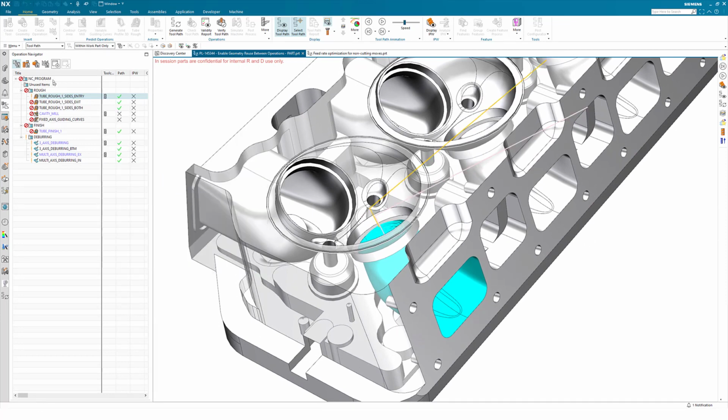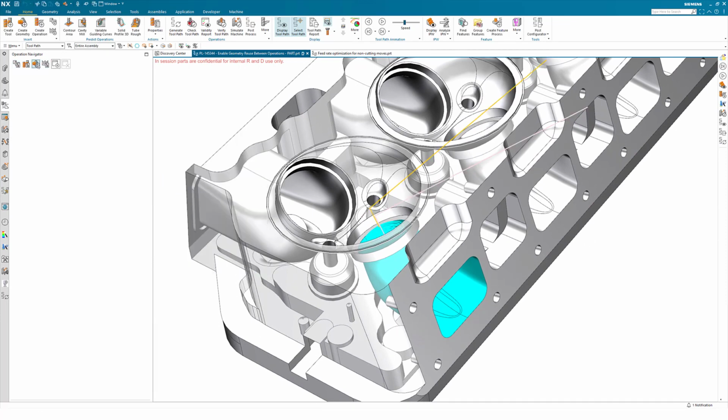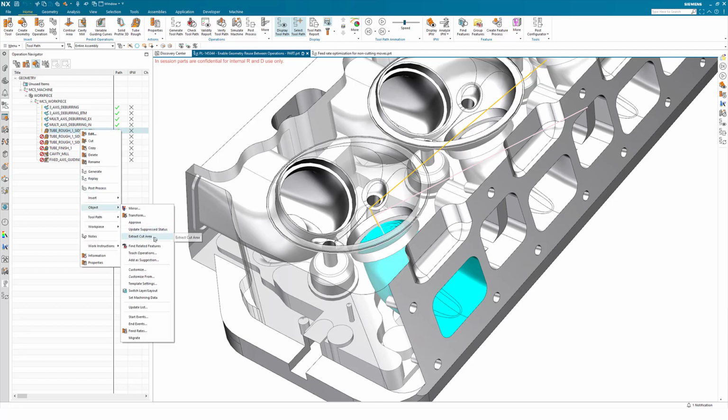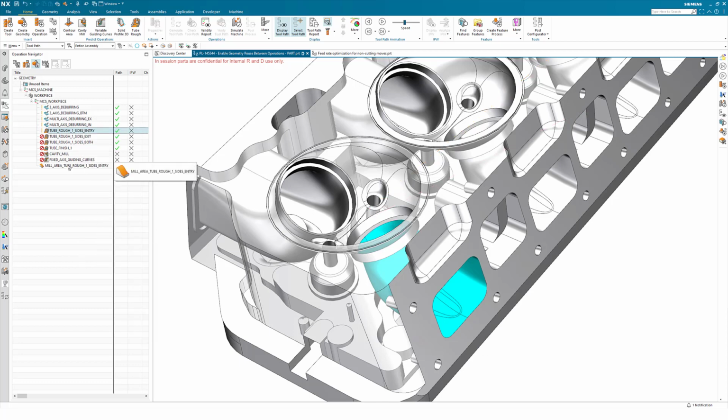Now what you can do is go to the geometry view, right mouse button on the operation. Under objects we can now select extract cut area. This is the new capability. When the user selects extract cut area, a mill area geometry object is created under the same workpiece that the parent operation was under. You can also see that the mill area takes the name of the operation that has